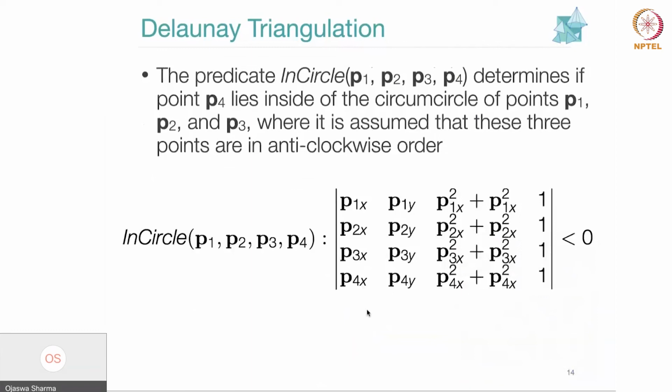So then you need a test. Whenever you want to create a Delaunay triangulation, you need this predicate in circle that takes 4 points and decides whether the point P4 lies inside the circumcircle of points P1, P2, P3 or outside that circumcircle. Right? So this test in circle P1, P2, P3, P4 will help you there. And it's a very simple test. You have this matrix. You calculate the determinant of this matrix,